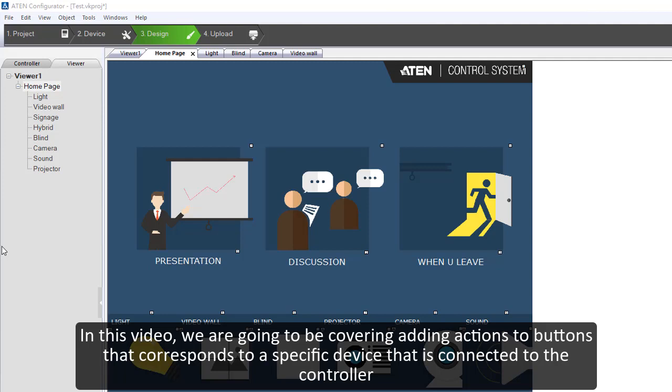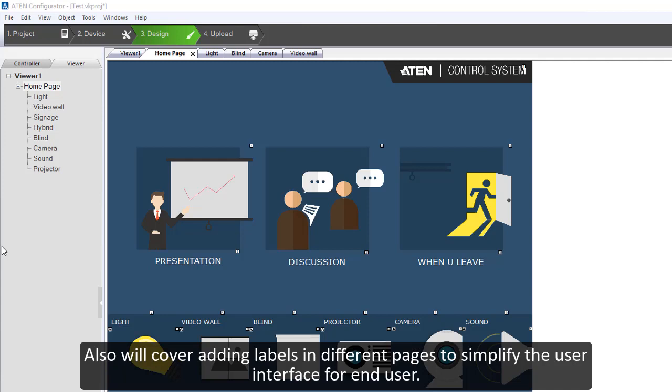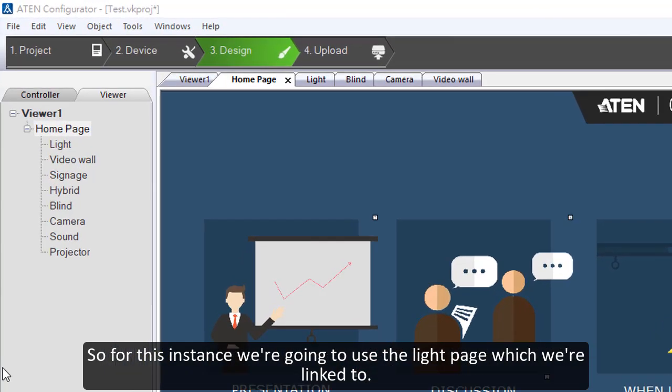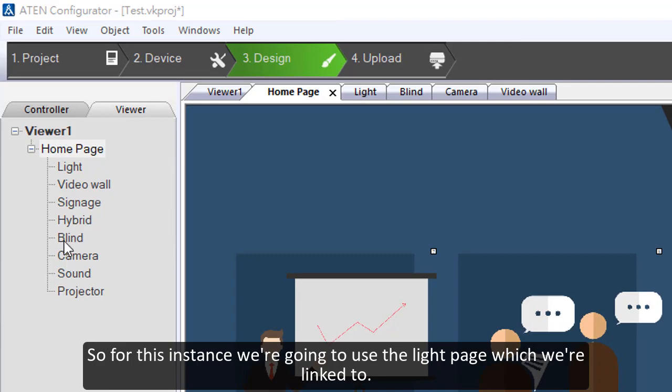We are going to be covering adding actions to buttons that correspond to a specific device that is connected to the controller. Also, we will cover adding labels in different pages to simplify the user interface for the end user. So for this instance, we are going to use the light page, which we are linked to,